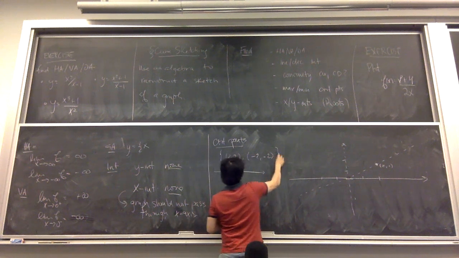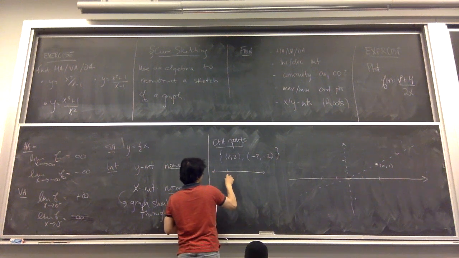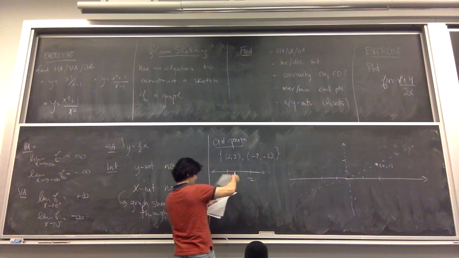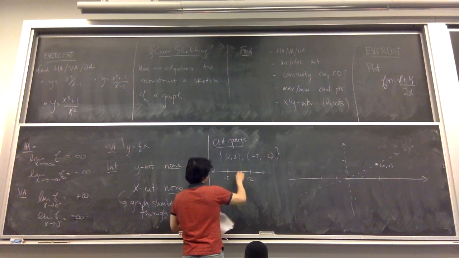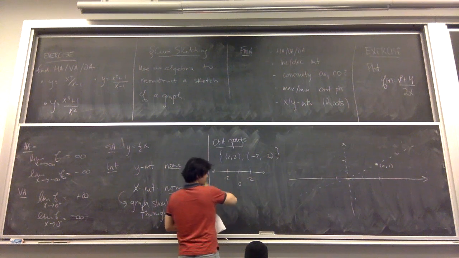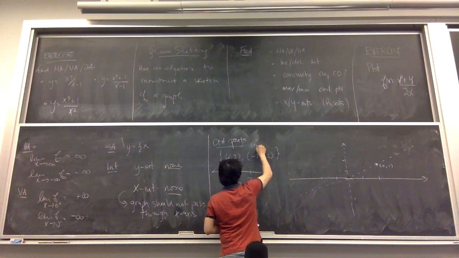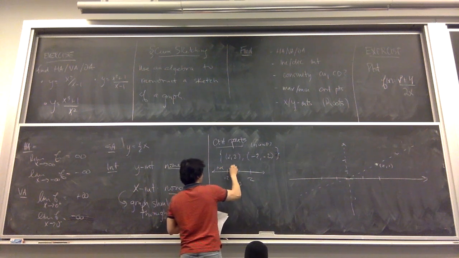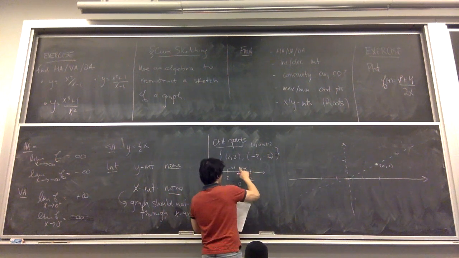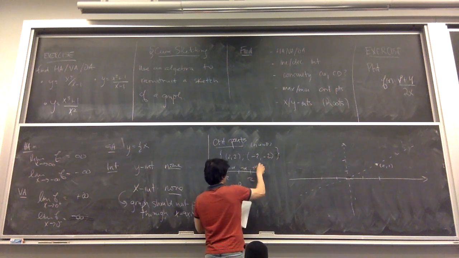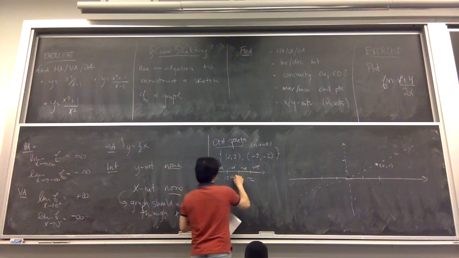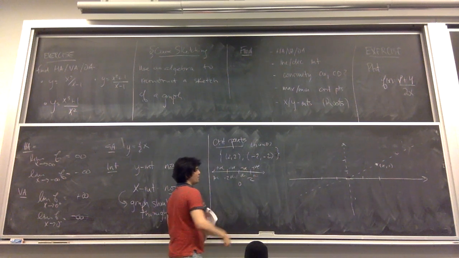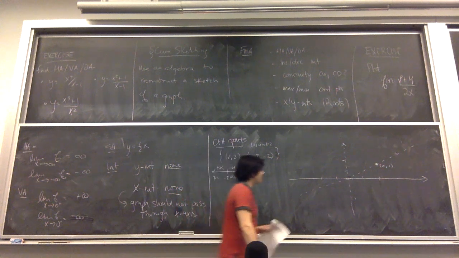And then you should find the increasing, decreasing information. There's also a critical point at 0, so there should also be a 0. I guess 0 undefined is in here. And you'll find that this goes negative and then positive. All right, so you're increasing, then you're decreasing, then you're decreasing, and then you're increasing. Okay, so then you can do a little bit more with the concavity, but I'm just going to write in